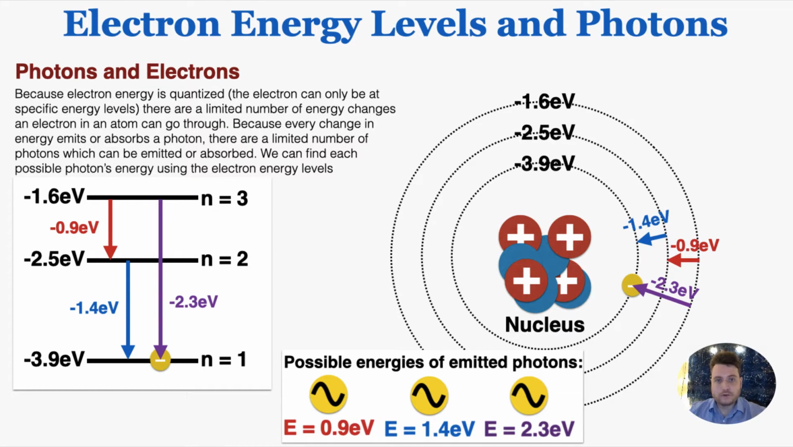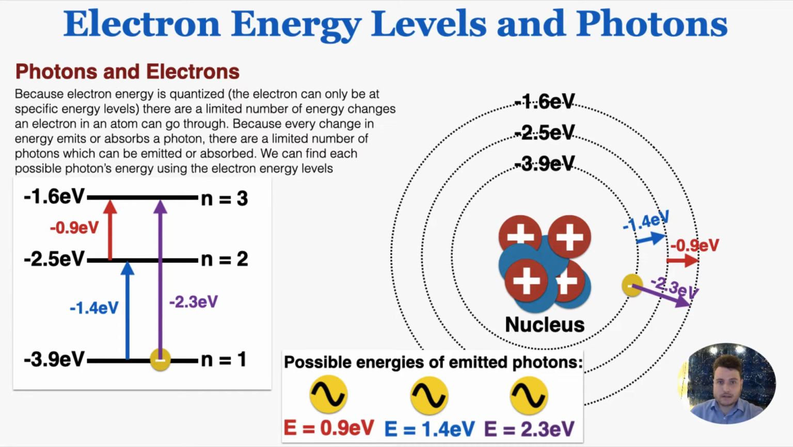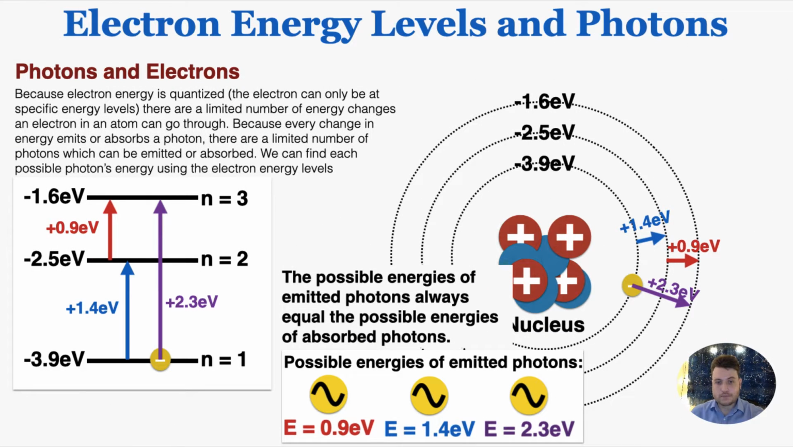We can now think about which photons could possibly be absorbed by this atom. Those would be the energy changes of an electron as it went up in energy, because photons being absorbed add energy to the electron. And if you think about it, the possible ways that an electron can gain energy here are actually just going to be the reverse of the possible ways that it can lose energy. If I change the direction of all of these paths to go up in energy instead of down, I can see that the possible energy gains by the electron are the exact same as the possible energy losses by the electron. So this means that the possible energies of emitted photons always equal the possible energies of absorbed photons,